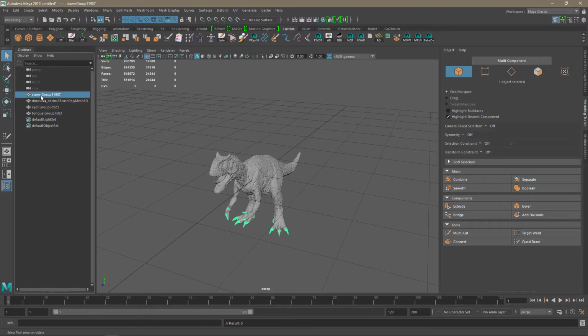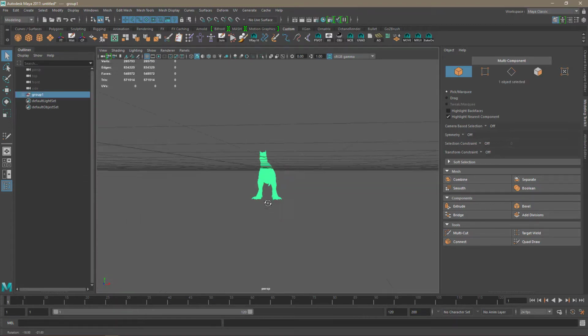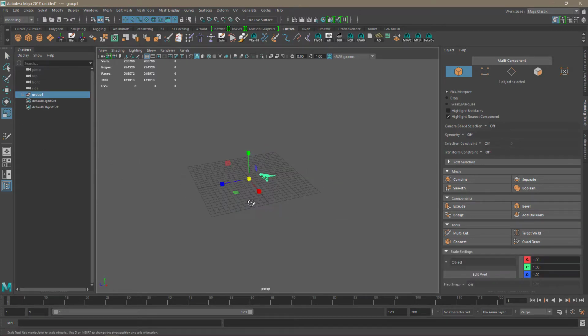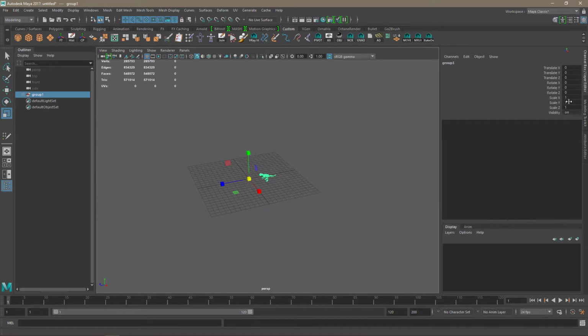So first thing we want to do, we're gonna select all the objects and group them, and then I'm gonna get this group here. First thing we want to do is scale this guy up. So let's scale it a little bit, let's say 10 times. Alright, and then we are gonna move it here,